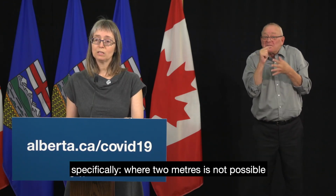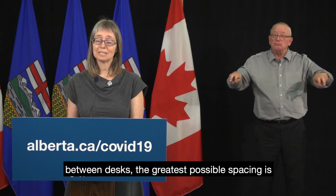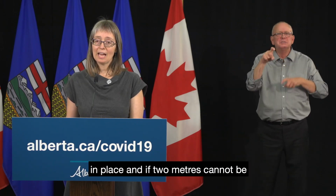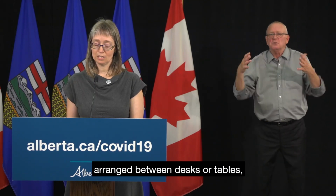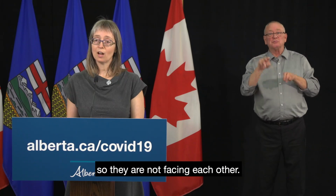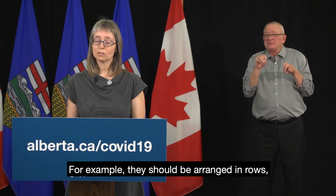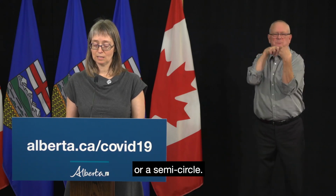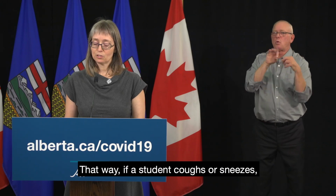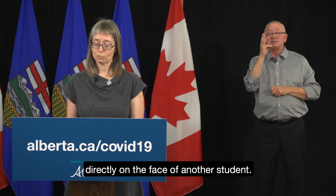Specifically, where 2 meters is not possible between desks, the greatest possible spacing is in place, and if 2 meters cannot be arranged between desks or tables, students should be arranged so they are not facing each other. For example, they should be arranged in rows rather than in small groups of 4 or a semicircle. That way, if a student coughs or sneezes, they are not likely to cough or sneeze directly on the face